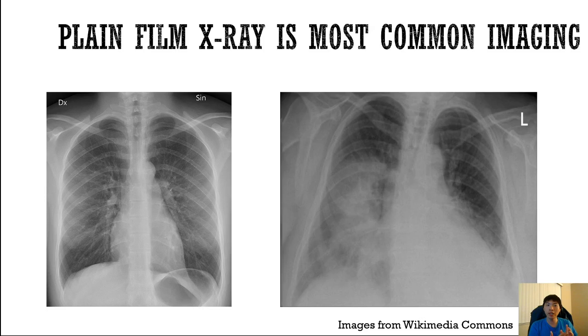When you're looking at these plain film X-rays, the conventional orientation is as if you were looking directly at the face of the patient. And so their right side is on your left side. It's kind of a mirror image. You can think about it as a mirror image of yourself, perhaps. So on the left is a normal plain film X-ray of a healthy chest. You can see as well at the bottom, on the left side there's the liver,